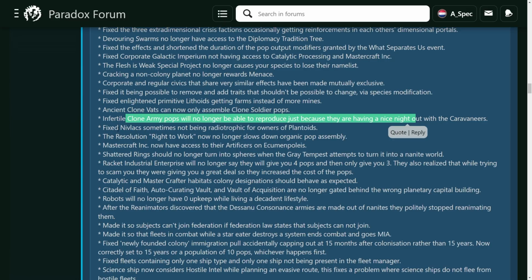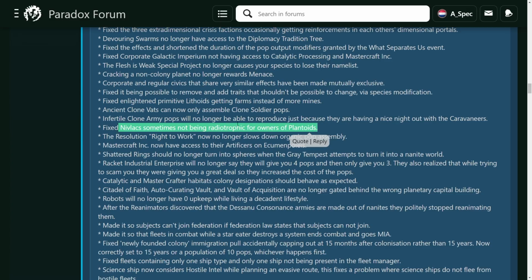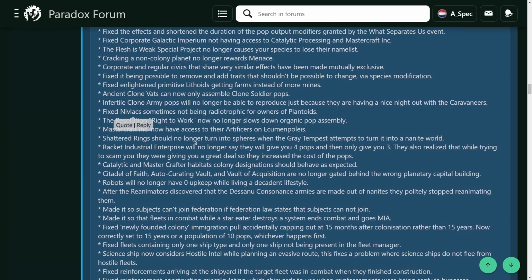So yeah, fix Niflax sometimes not being radiotrophic for owners of plantoids. It'd be nice if I had ever seen Niflax before. It's one of the more powerful events in a way in the game. It is relatively rare. I've never seen it. I literally have never seen it. I've seen brain slugs like twice in a few thousand hours of playing, but Niflax, never seen it in my entire life, which is